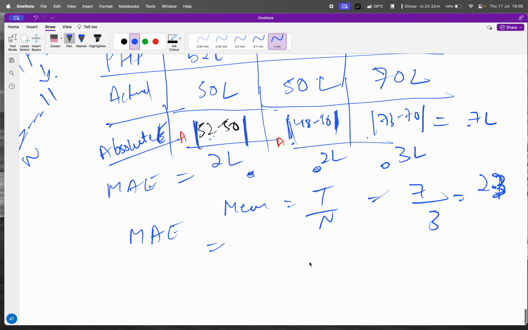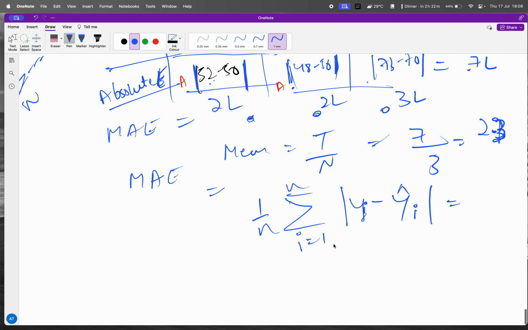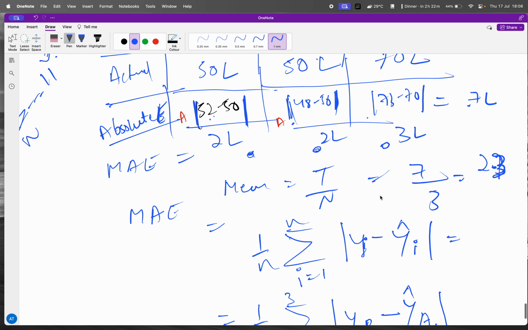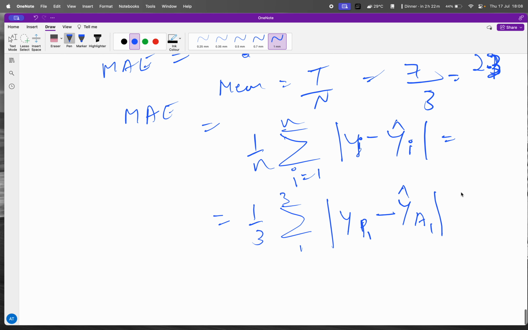If you want the notation part: 1 over n, summation of i equal to 1 to n, then absolute of predicted value minus actual value. So y of i minus y hat of i, in mod. What is n? For how many entries did we check? We checked for 3 entries. Then the summation goes from 1 to 3. Write here the predicted and actual. The predicted one was 52. So that is 1 by 3 summation of